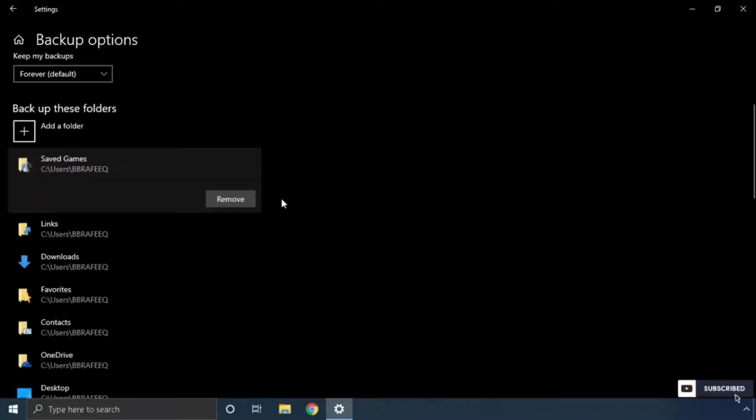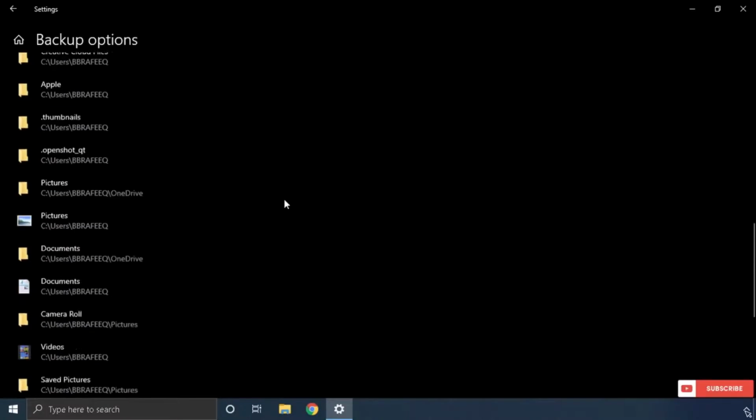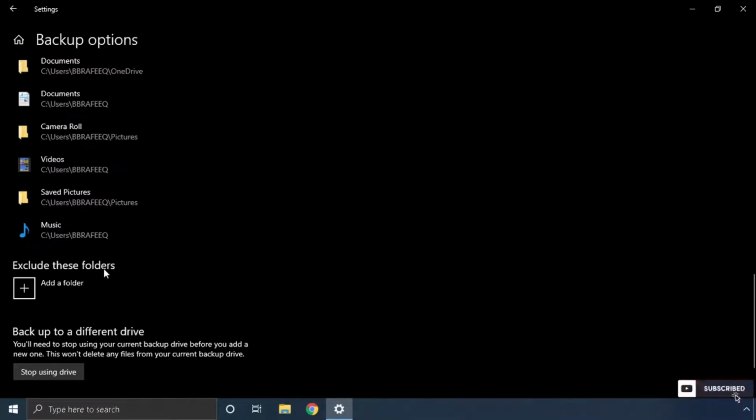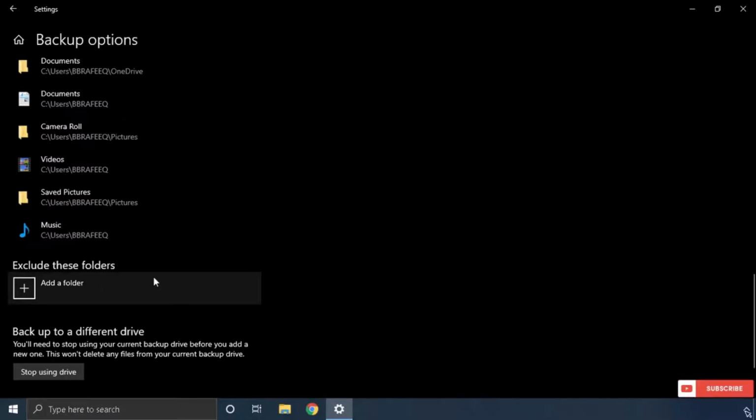If you go down, you can find the exclude these folders section that allows you to exclude specific subfolders from being backed up. For example, you have a documents folder. There is one subfolder that you don't want to back up.